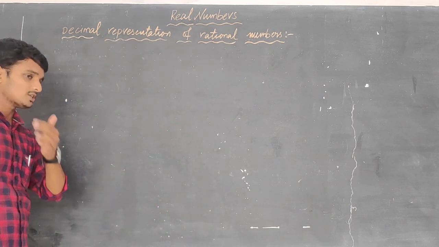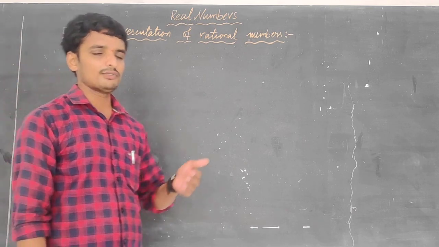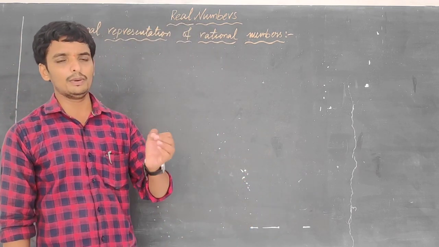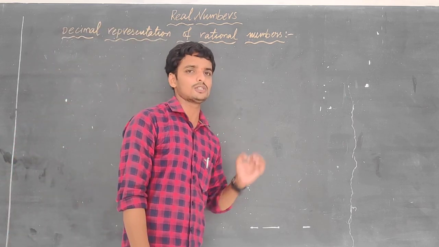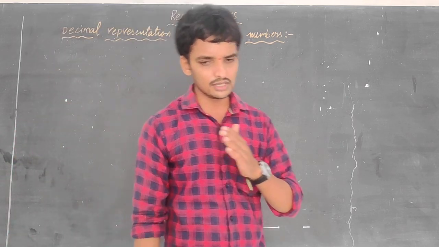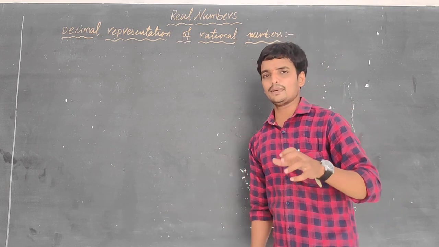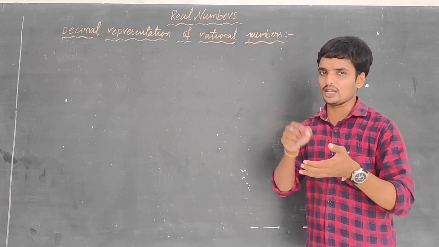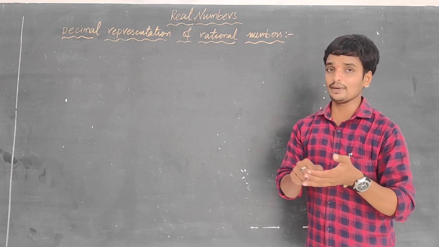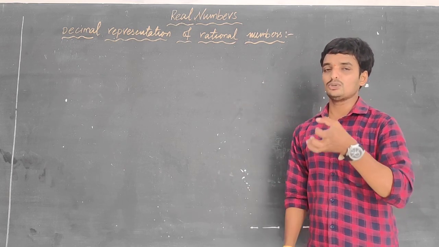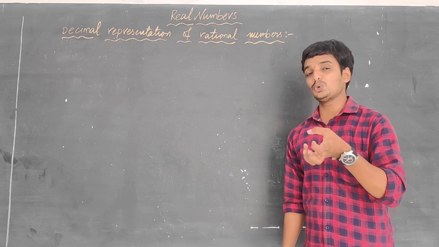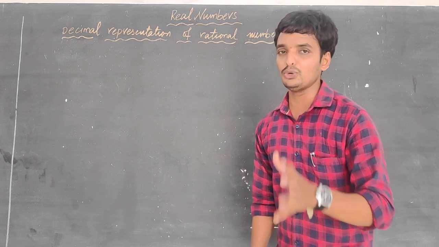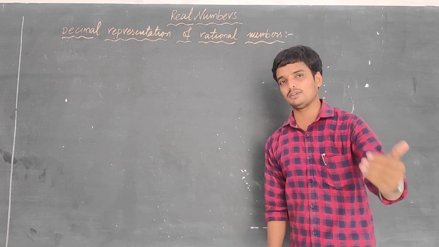Now they are giving some numbers, some rational numbers. Rational numbers mean those are in the form of p by q. We have discussed about the rational numbers very well in the previous class. The denominator q is not equal to 0. Am I right? So rational numbers is somehow the biggest set. In the rational number set we have the natural numbers and also whole numbers and also integers. So these three sets are included in the set of rational numbers. Rational numbers are denoted by the symbol Q.